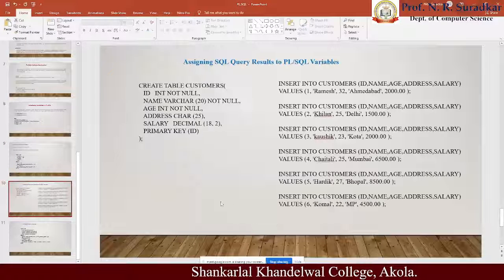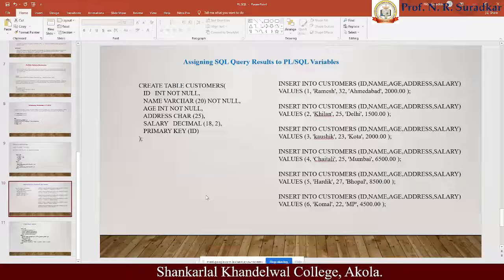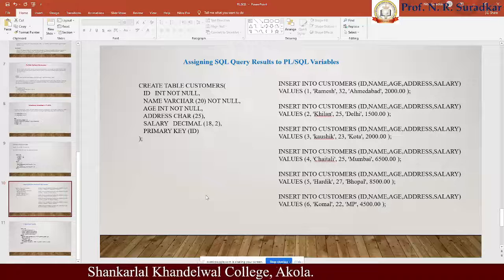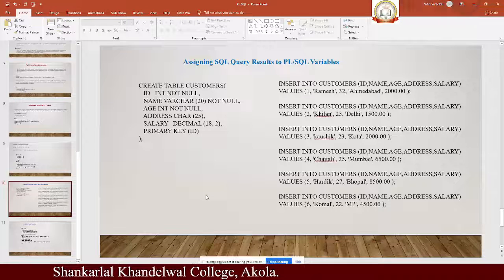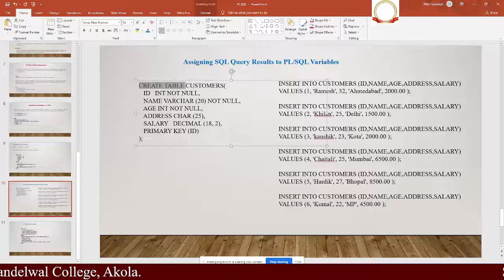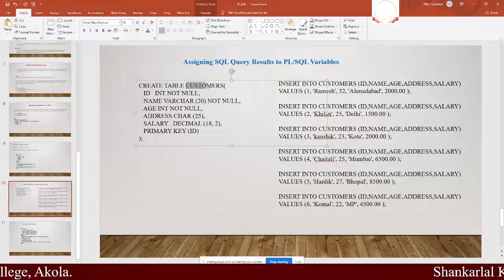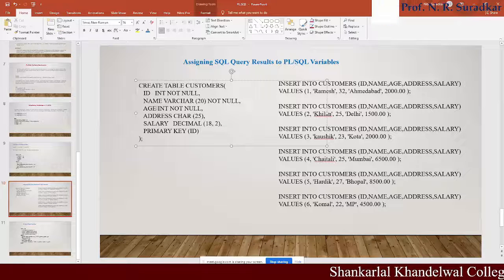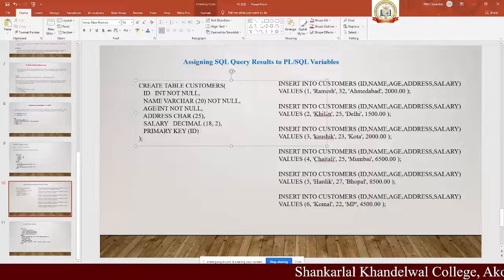The next program is something tedious, because, I don't know, do you know how to create a table and how to insert the values into it? Okay, now let's see here. To create a table, we use the command create table. Next we use the table name. In this condition, the name is customers. Then we use certain attributes there.